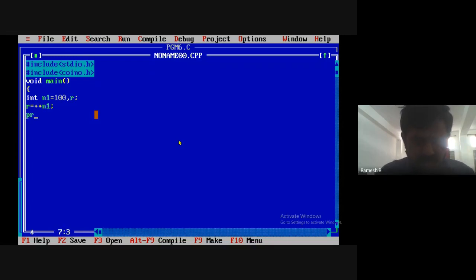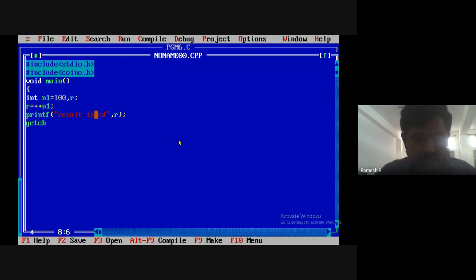I'll print it. Printf result is percentage d, comma r. Close this.